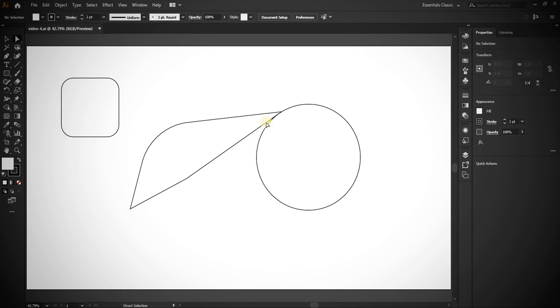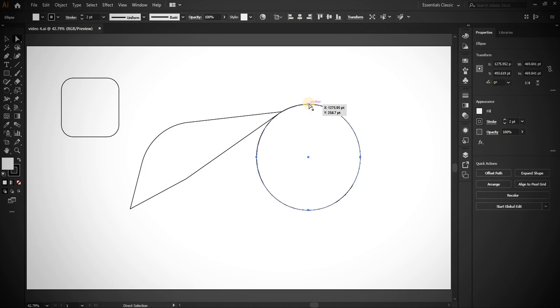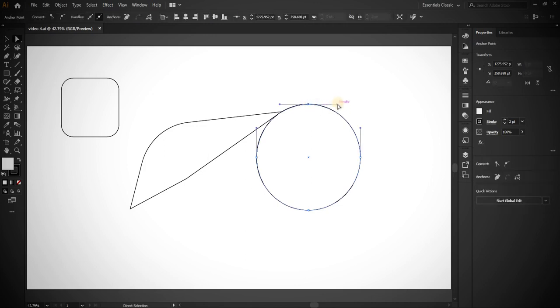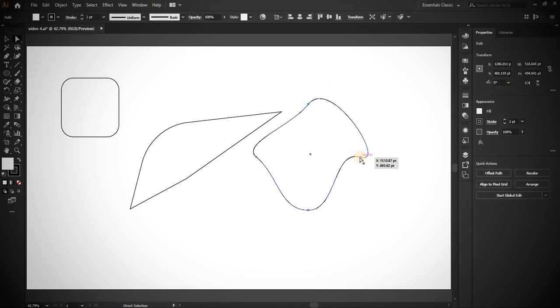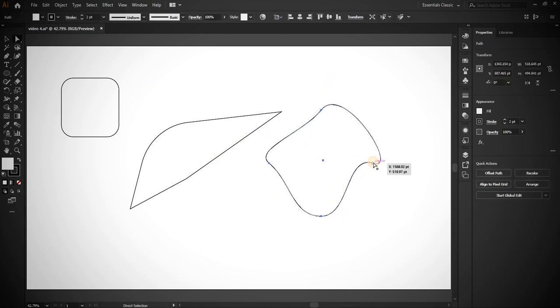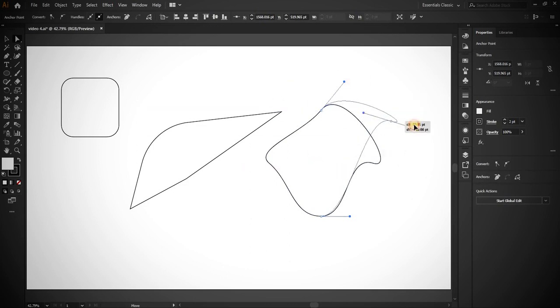Let's play around with this circle over here, using the Direct Selection tool. If you click on this point, then you'll see the handles. Using these handles you can adjust the curvature of these anchor points. In this way, you can modify the circle. Also, you can move these anchor points. To restrict their motion to 45 degrees, hold down the Shift key on your keyboard. As always, the Shift key helps you to be squared off and perfect and exact.